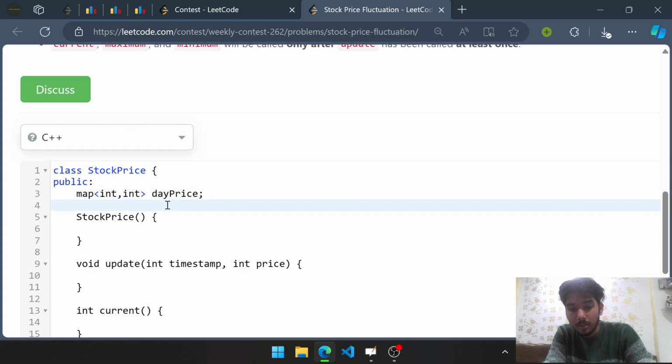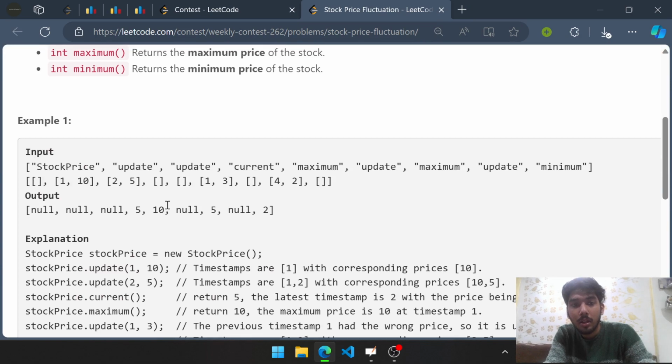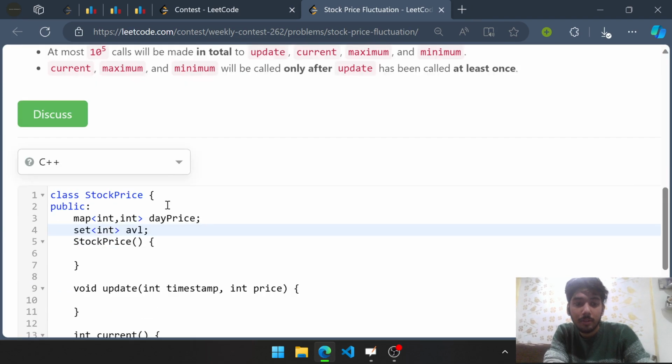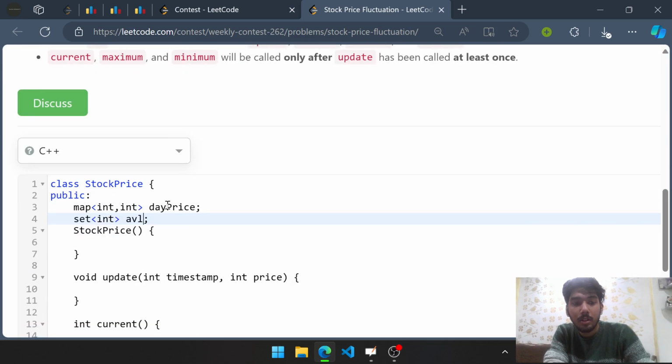Okay, I have one set of maximum and minimum. Maximum price of stock. Okay. Available price and